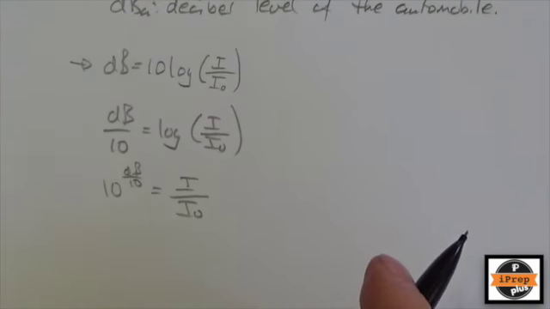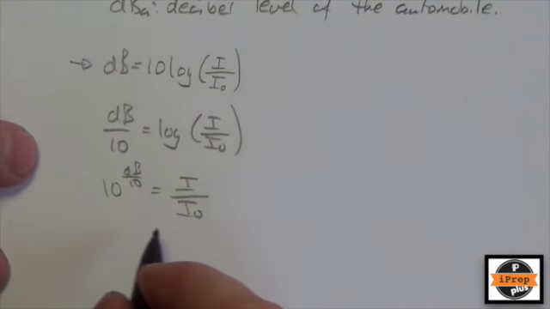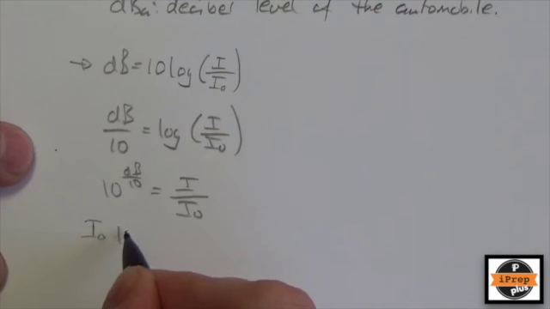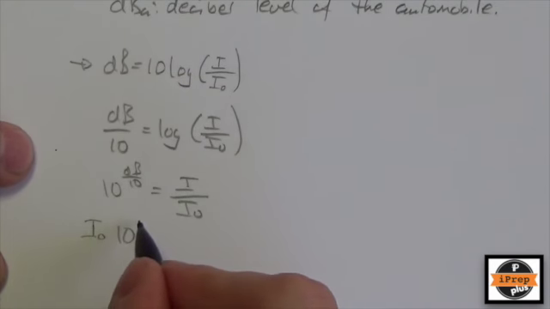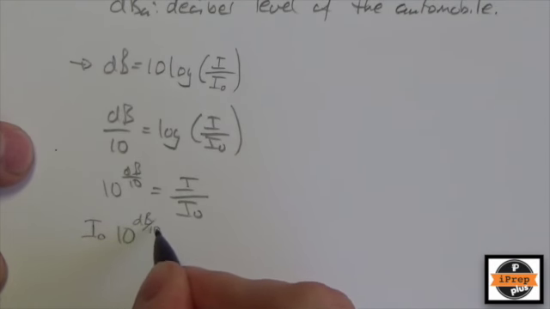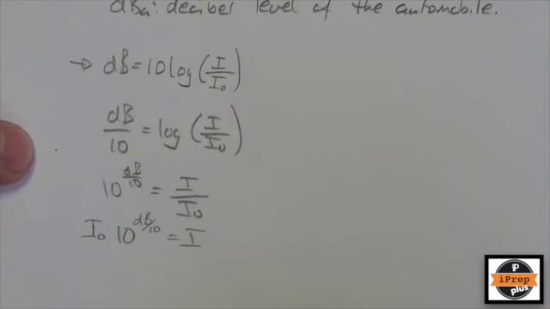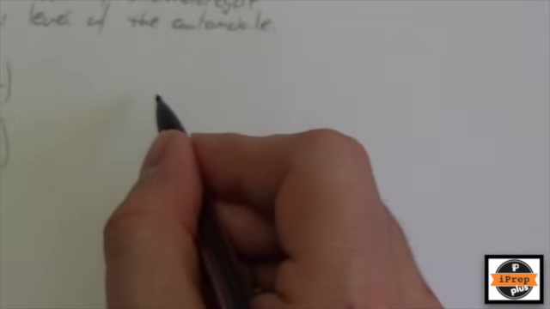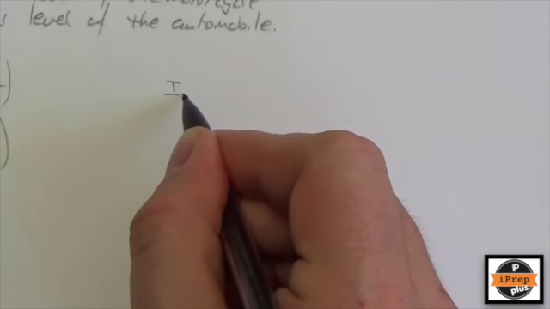Actually, we might even do a little bit better than that. I might just bring up that reference intensity and make this I naught times 10 to the decibel level over 10 equal to the intensity that we're looking at. Now, we are being asked to compare the intensities here. We are told in this problem that the motorcycle's idling intensity is 20 times that of the car. So we are given this ratio,